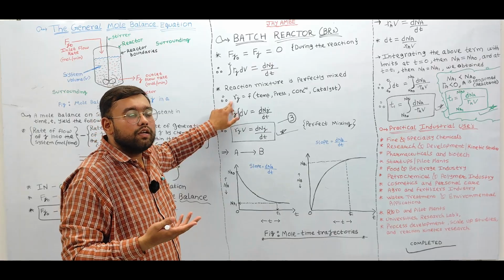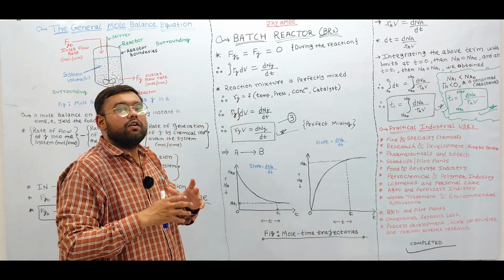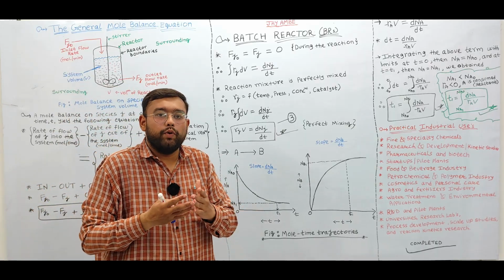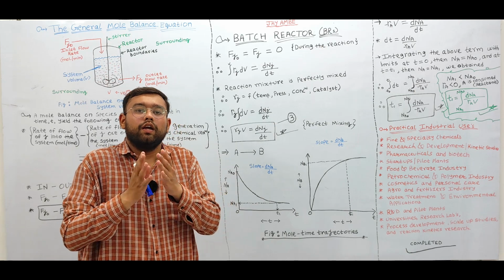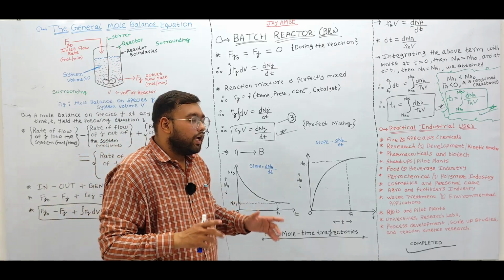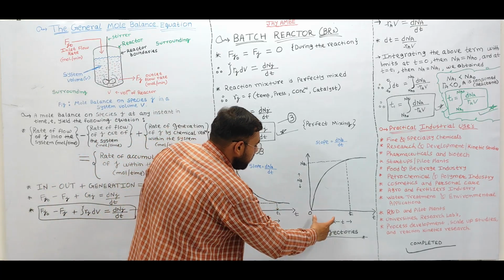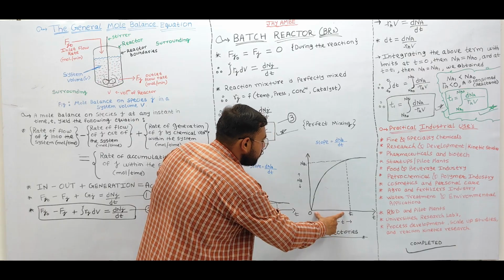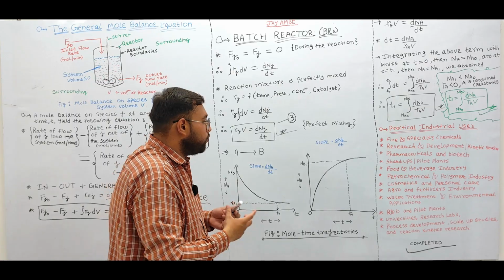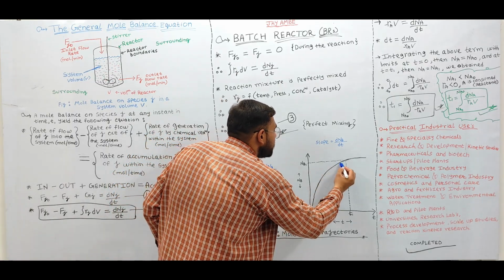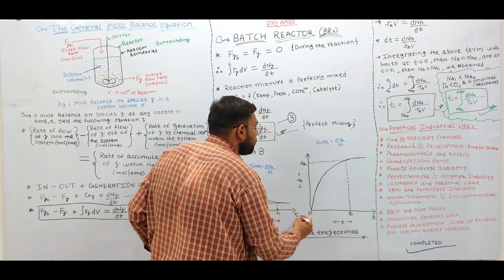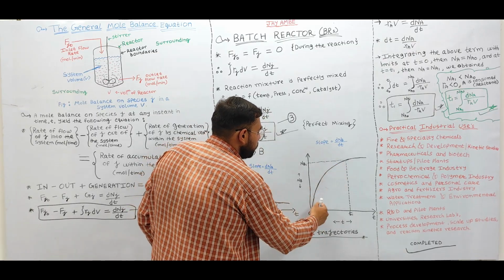We'll have the higher rate of reaction, which means the higher speed of reaction, due to which more reactant molecules will get converted into new products. So due to those reasons, we have the higher rates at this time period, due to which more new products will be generated at a very high rate. So at a very high rate, a greater number of molecules of product will be produced. So due to which